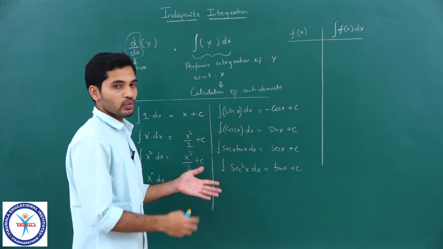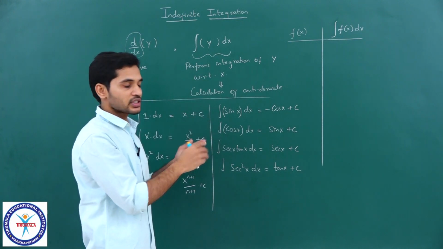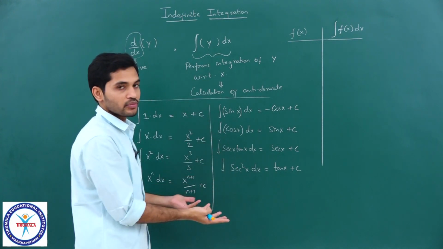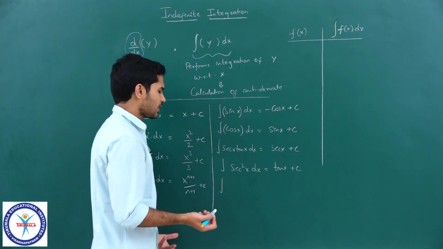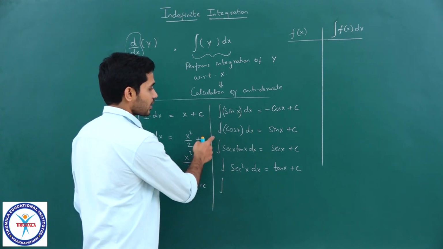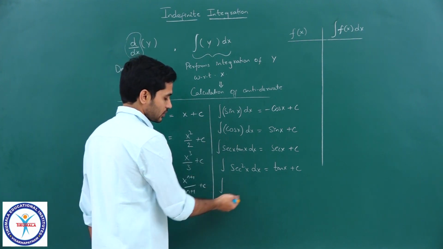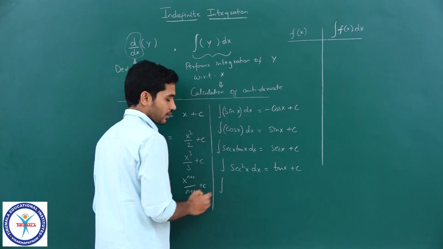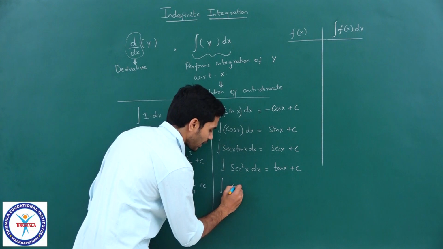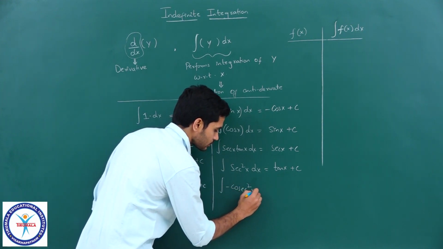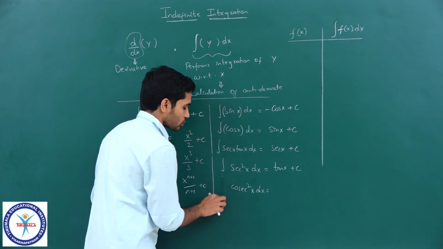You can write a few more. If you observe carefully, what I am doing is just writing down the table which we made in differentiation in a reverse manner, right. I am not doing anything new here. So, we have taken all the positives, and now the negative trigonometric expressions. What is the next one? Minus cosecant square x, or if I do not put a minus sign here, what should be the answer for this?